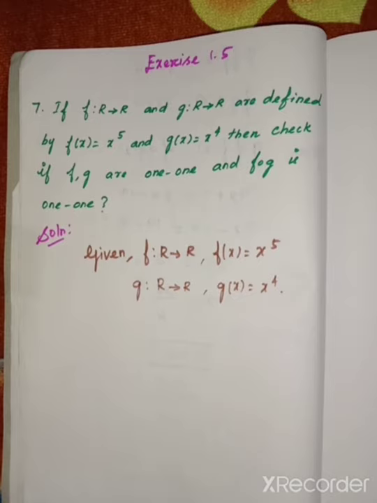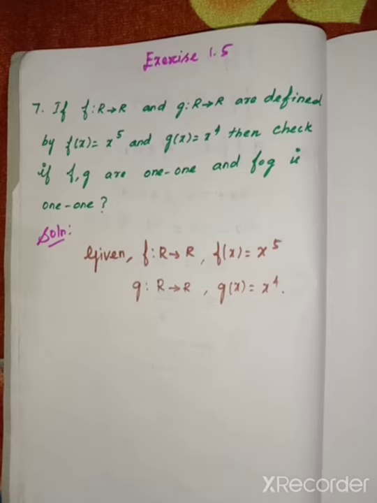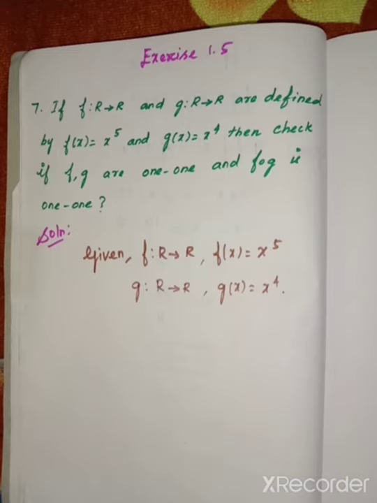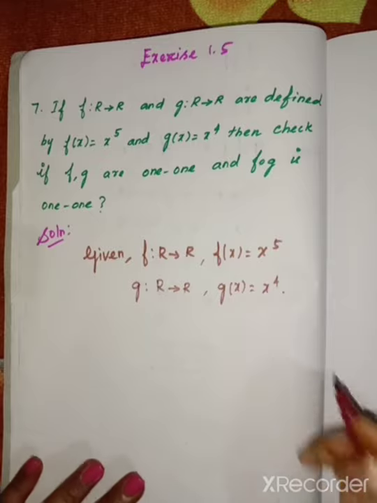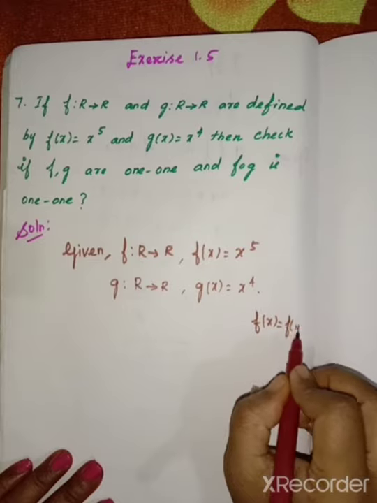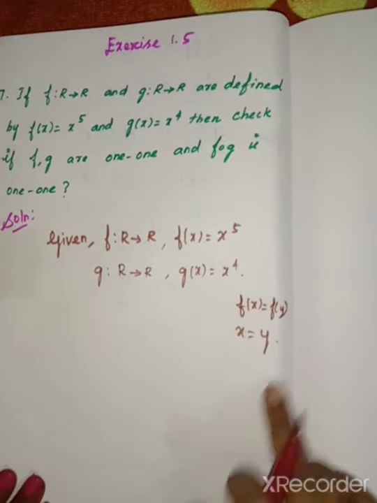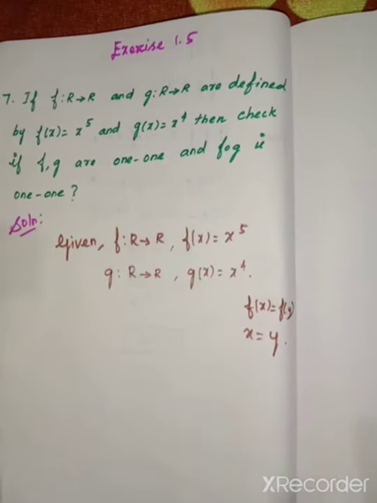First of all, for a 1 to 1 function, we can use the arrow diagram and check. For the arrow diagram, we have to know the set A and set B. If it is given, we can find it easily. Otherwise, if f of x, g of x is given, we already know that f of x equal to f of y. If you assume that, we find x equal to y. If you get this value, then it is right.